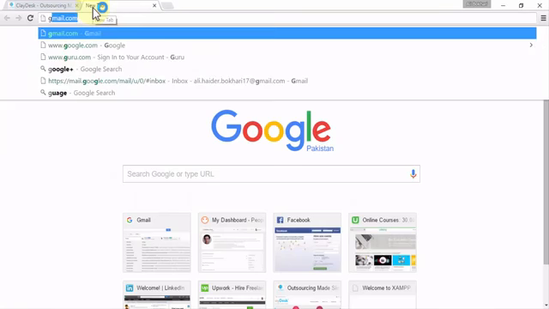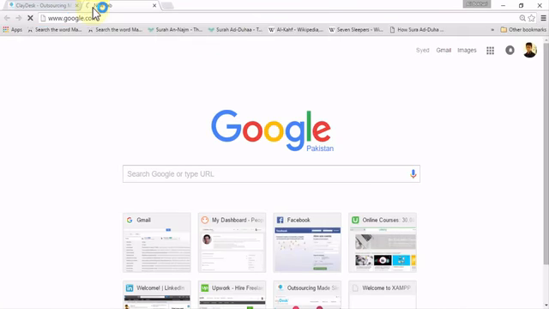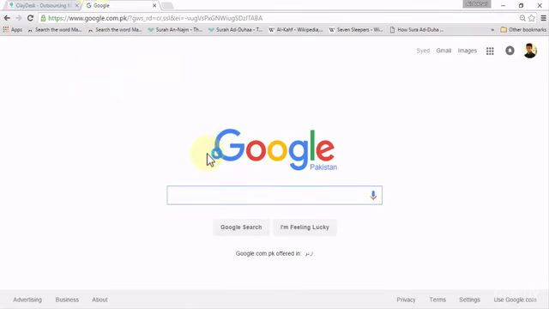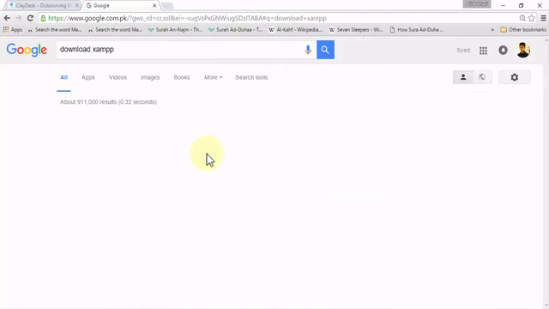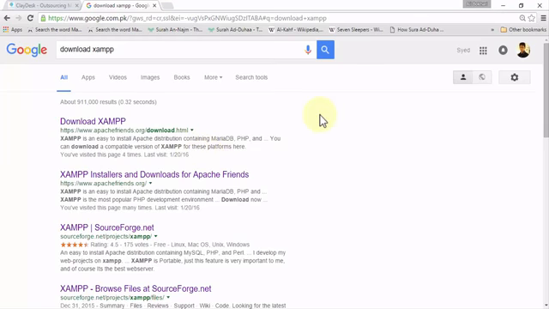We'll go to google.com and search for download XAMPP. Here it will give us a couple of links from where we could download XAMPP. And as I told you before, XAMPP has been developed by Apache Friends, as it says over here. And you can download XAMPP by going directly to